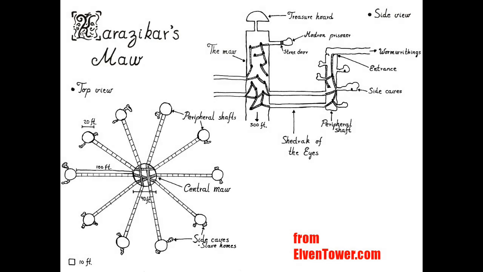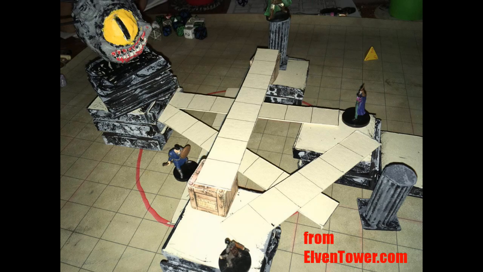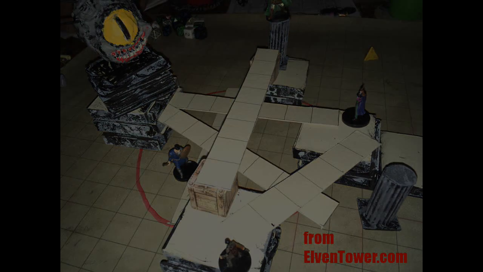lair is laid out. Now, I'm going to direct you to go to Elven Tower, as I do often, because they have that Out of the Abyss guide on their website, and they've got some diagrams and pictures and whatnot for how they handled it. I really recommend it because you just got to say, okay, well, here's the description they gave me, and here's how I'm going to do it. And there's no maps or anything, and I don't understand. Did they run out of time? Did they think that